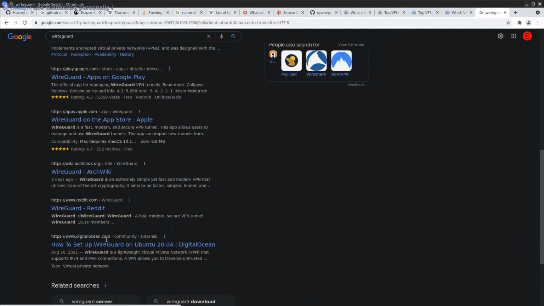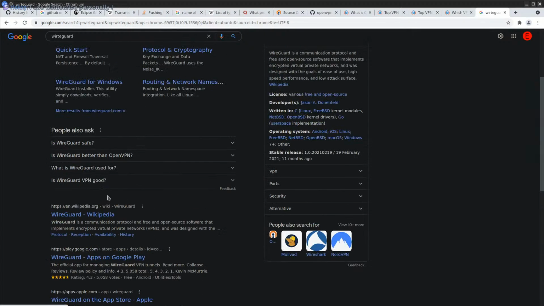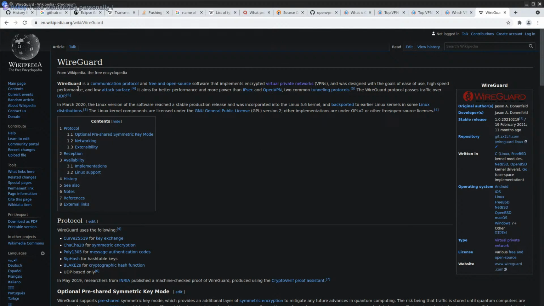Have a website. WireGuard is a communication protocol and free and open source software that implements encrypted VPNs, with the goal of ease of use, to be better performance and more powerful than OpenVPN.